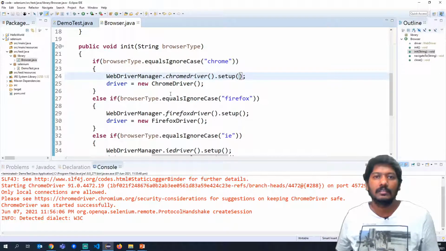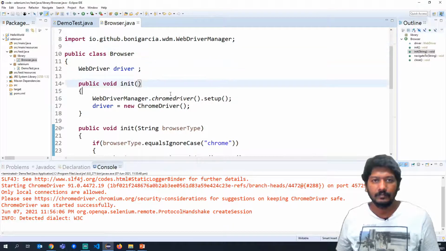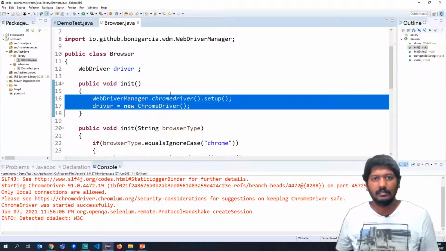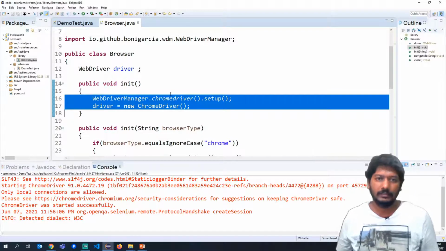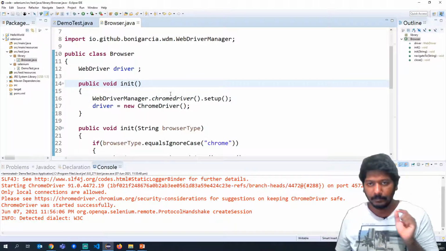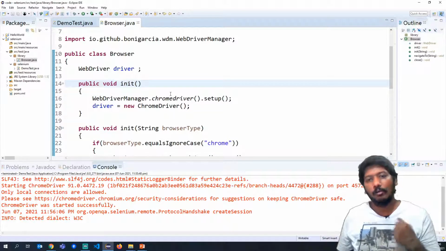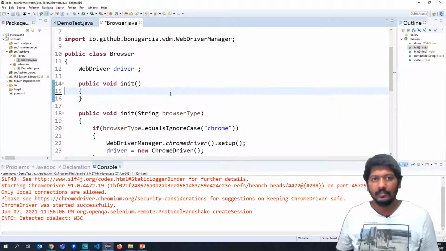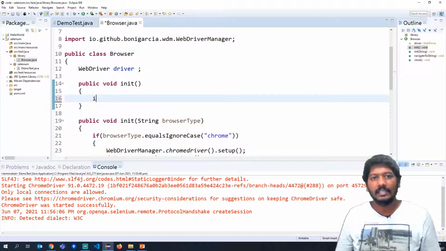Okay. Now, if you see here, we have written this code here. Instead of this, you can do another way. By default, if nobody is passing an input parameter to init method, I want to take it as Chrome. So what I will do, I will just call the same init method and then I will say Chrome.